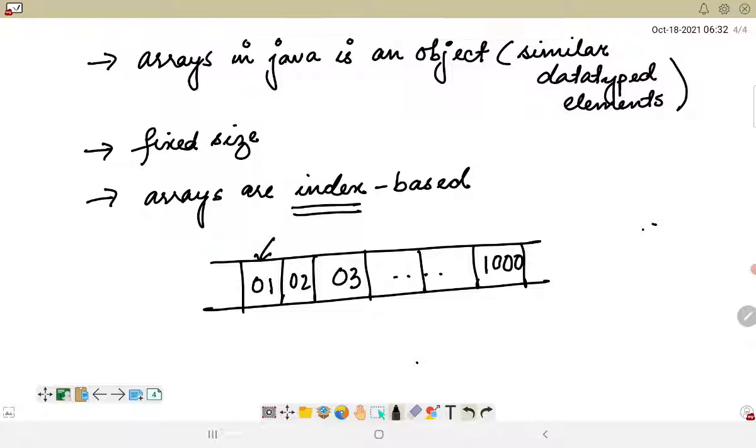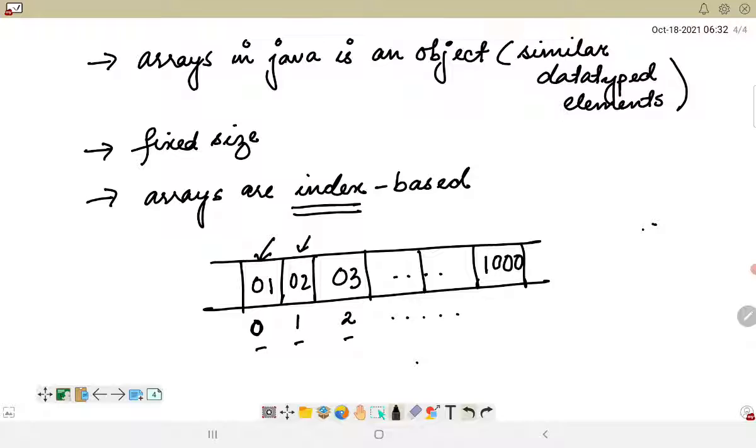So in an array, the first element of the array is stored in the 0th index, followed by 1, 2, and then the last element. The 0th index is responsible for holding the first element of an array. Index 1 is capable of holding the second element in the array. The second index is capable of holding the third element, and so on. So we can access the various elements which are stored using these index positions.